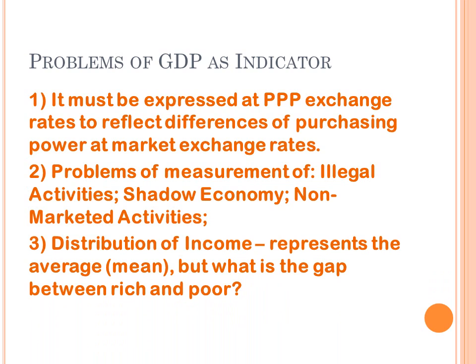A really, really important issue, and this will come up as we talk about globalization and all aspects of the macroeconomy, is the issue of distribution of income. You have to remember that when you get a figure of GDP per capita, you're looking at the average income. But it doesn't show you what each person gets. And if there's a very, very big gap between rich and poor, even if there's a high average, there may be very, very many people who have a very poor quality of life.